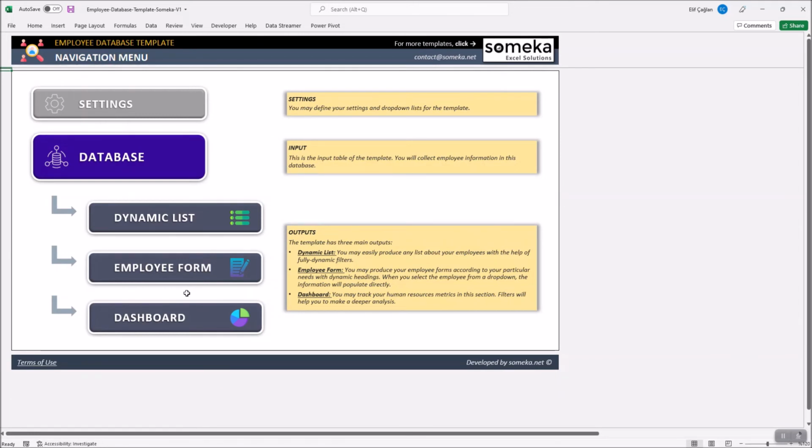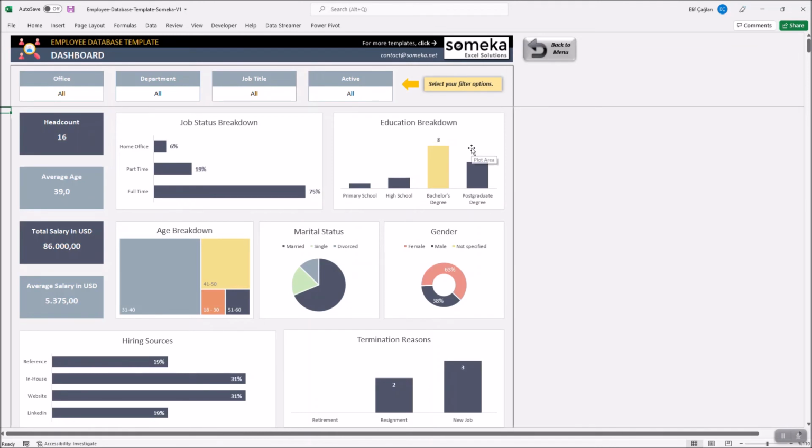Now it's time to go for dashboard. You can track various data included but not limited to headcount, job status, education breakdown, current salary total, and etc. with all professional charts. There are 4 filters above.